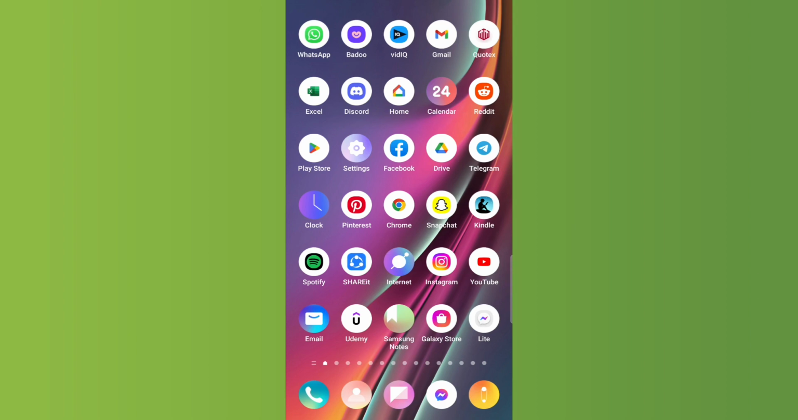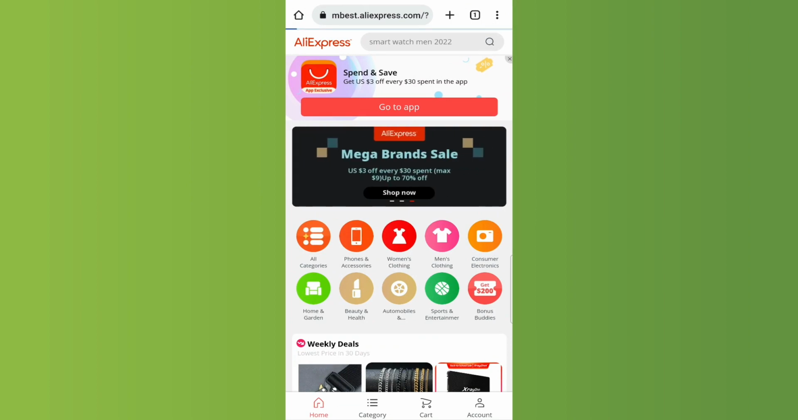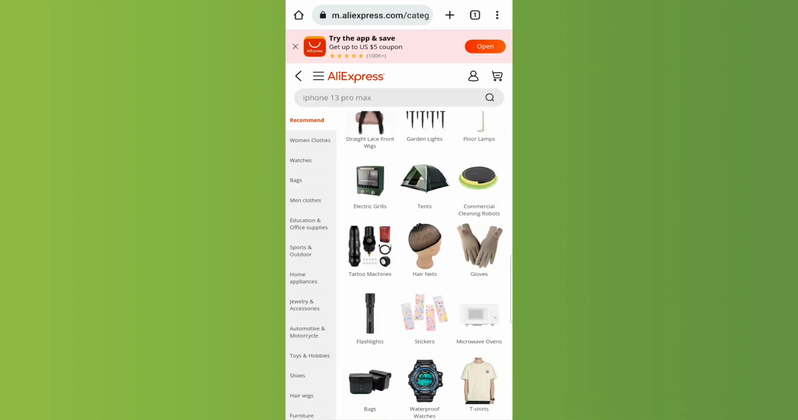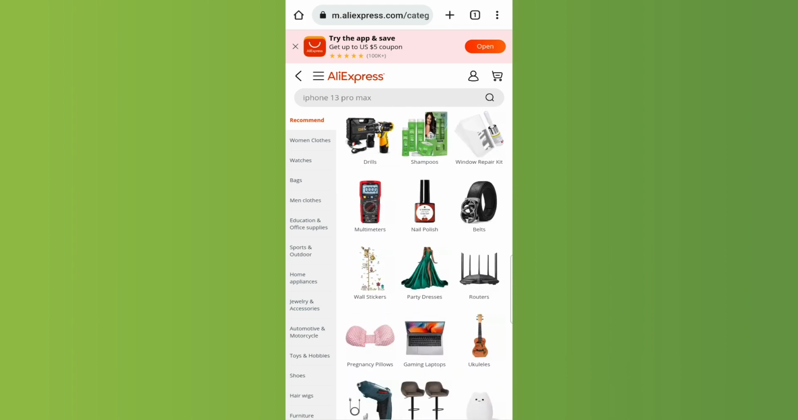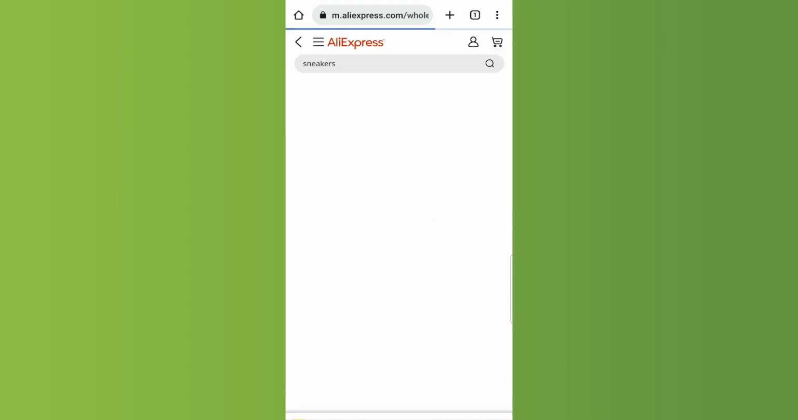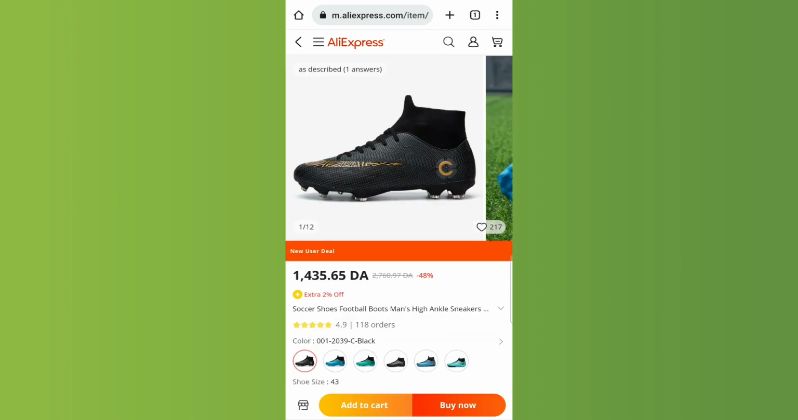So go ahead and open up any browser you have and go to AliExpress, and once you do that, go to the product or the page of the product that you want to get the picture from. Say for example, this one right here. Go to the product page, and once you're here, all you need to do is click